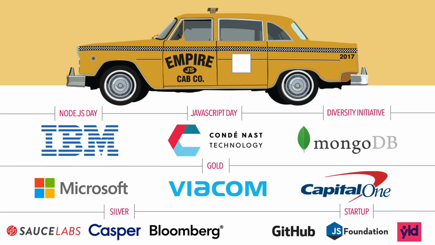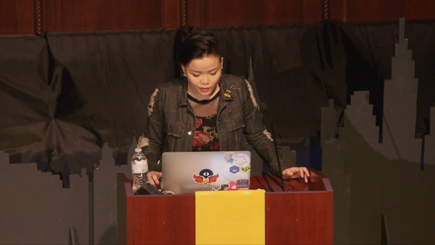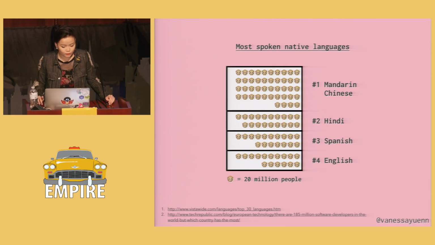So as of today, the 4 most popular native languages in the world are Mandarin, Hindi, Spanish, and English. And the first 3 of the top 4 account for almost 1.6 billion native speakers, whereas there are only about 340 million native English speakers. The ratio is almost 5-to-1.